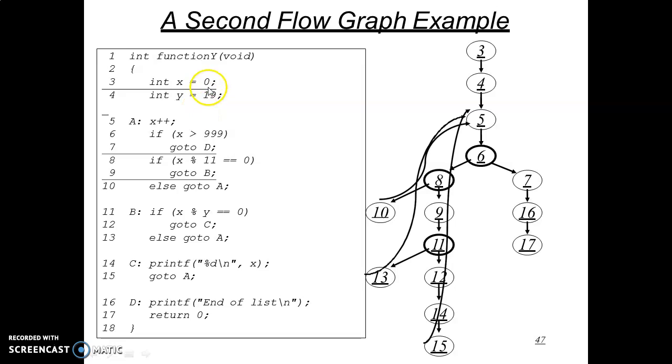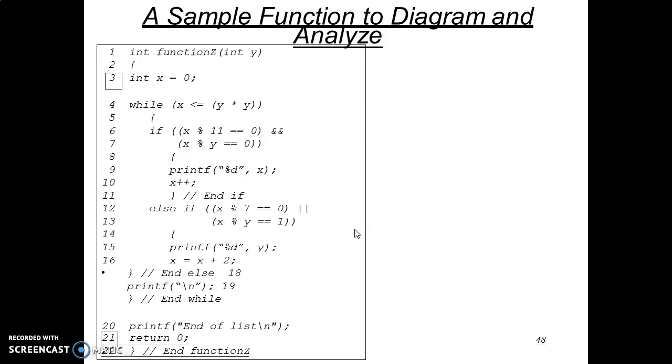You have to just count how many predicate statements are there, condition statements are there, or you can say decision statements are there. Here 1 if, second if, third if. So 3 condition statements are there. So we can say that 3 plus 1 is equal to 4. Cyclomatic complexity for this code is what? 4. So 4 independent paths must exist, for which you have to write the test cases. A simple function to diagram and analysis.